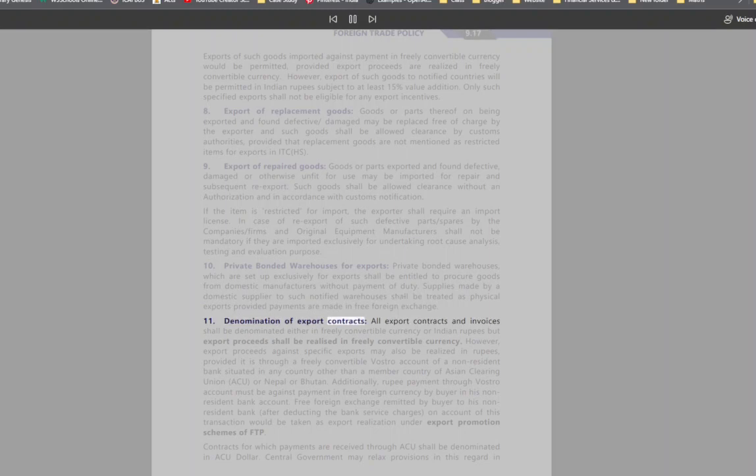11. Denomination of export contracts. All export contracts and invoices shall be denominated either in freely convertible currency or Indian rupees, but export proceeds shall be realized in freely convertible currency. However, export proceeds against specific exports may also be realized in rupees, provided it is through a freely convertible Vostro